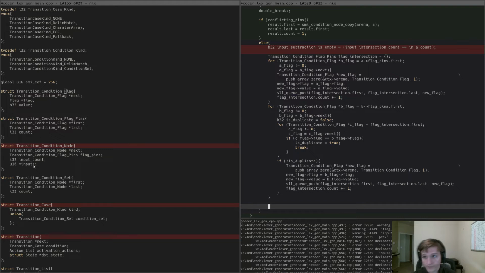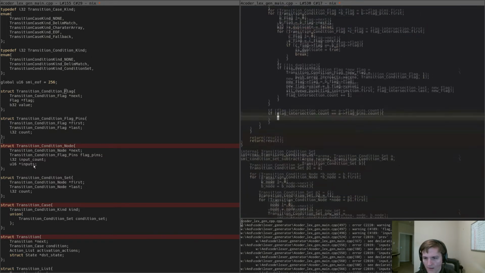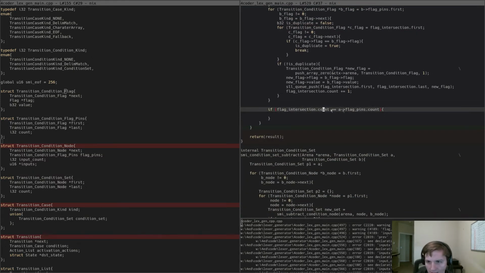So now, if the flag intersection count is equal to the A flag pins dot count, then this set is exactly the same size as this set, right? They both have the same exact set of pins because we know that every flag in A got pushed on there, and so the count was at least going to be that big, and it didn't grow, therefore this didn't push anything new on, and it's the same exact set. So